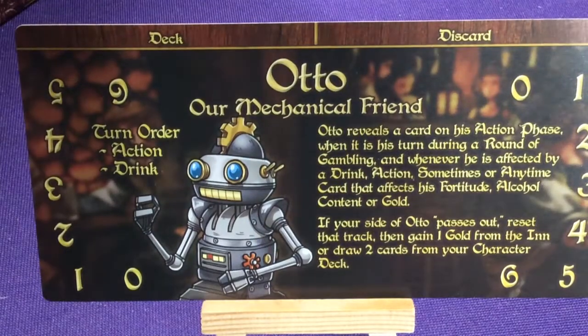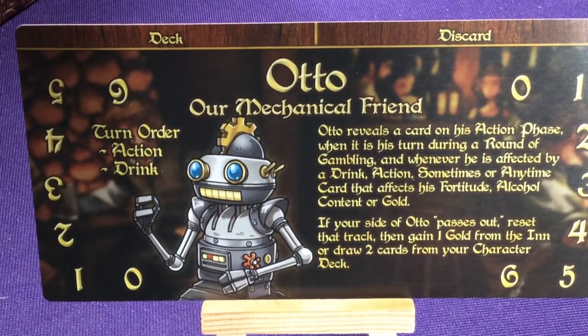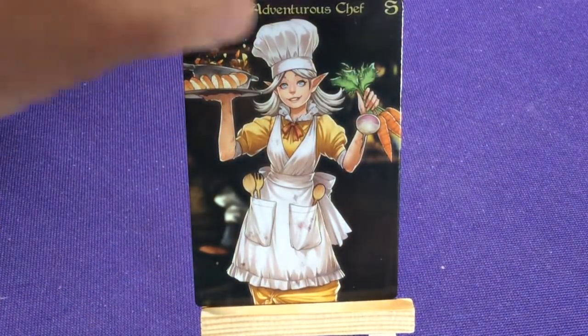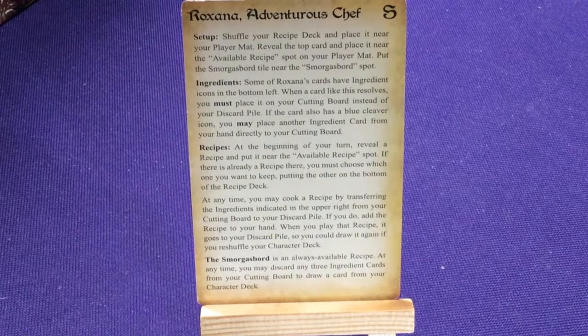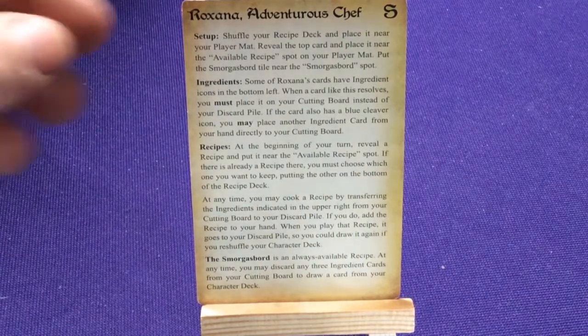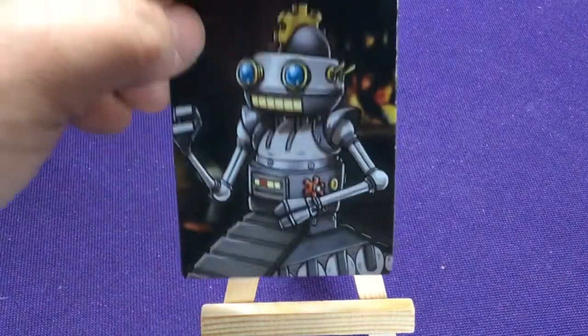Up next, our second character is Otto, our mechanical friend. We didn't look at. So, she does have her deck divider card. There's an S up there for Smorgasbord. And then on the back, it explains how the game is played, or how her deck works. Alright, so that's just how that all works, in case you were wondering. Then we have Otto,